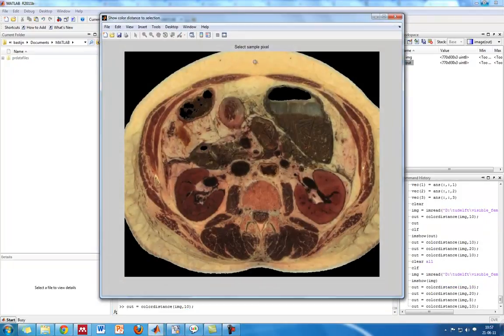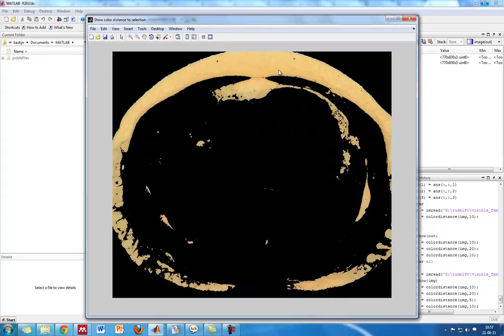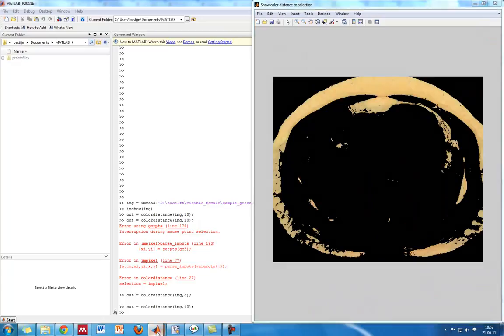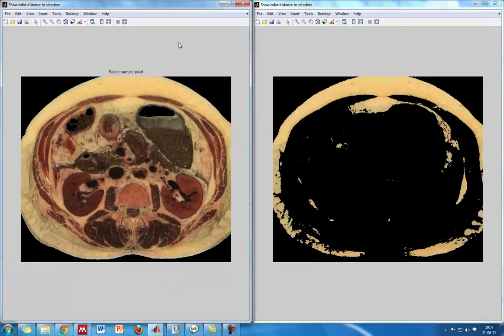And what happens when you select some other color, like the outer color? Ideally you would find a low color distance to all the fat in the image, but oh well, it's kind of okay. But there's a lot of stuff here which would probably also classify as fat, I think. I'm not a doctor, but